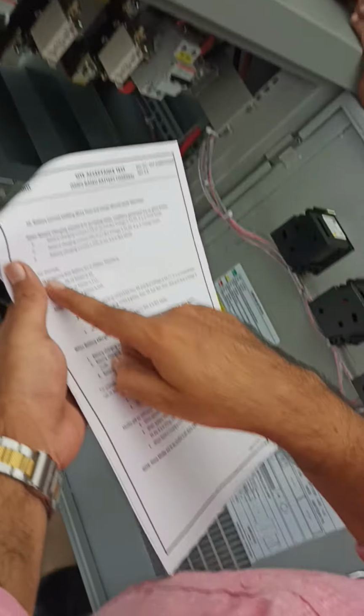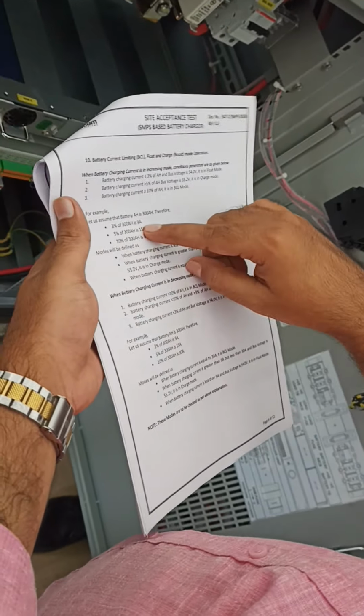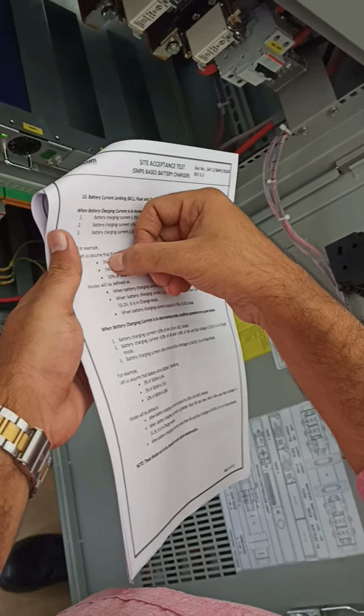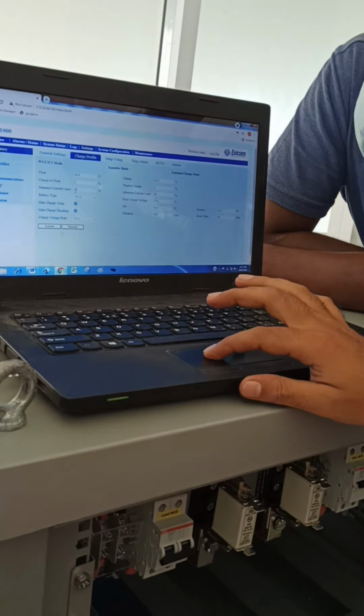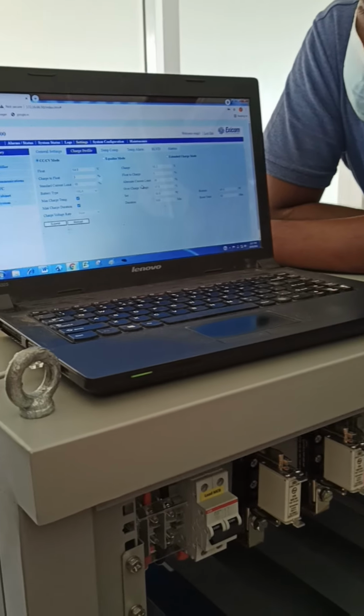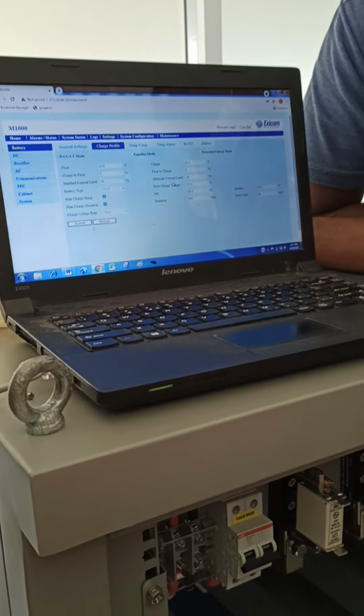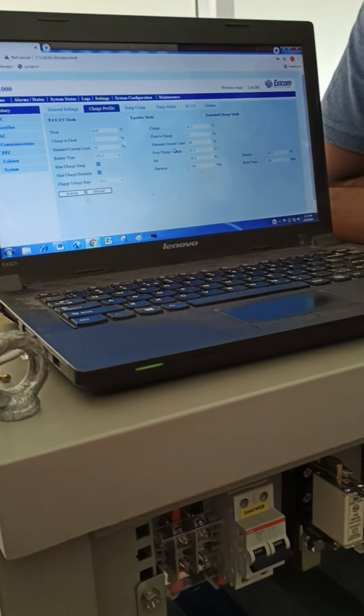For example, 3 percent, 5 percent, 10 percent. Standard: we assume a 300 battery bank, so 3% will be 9 amperes.